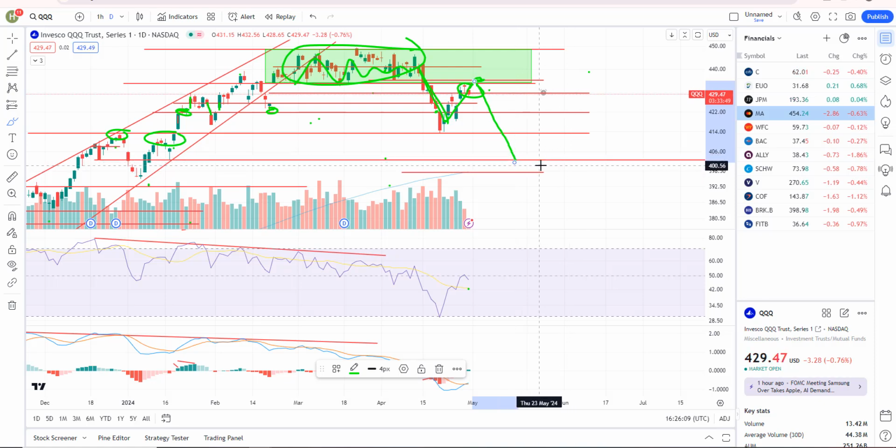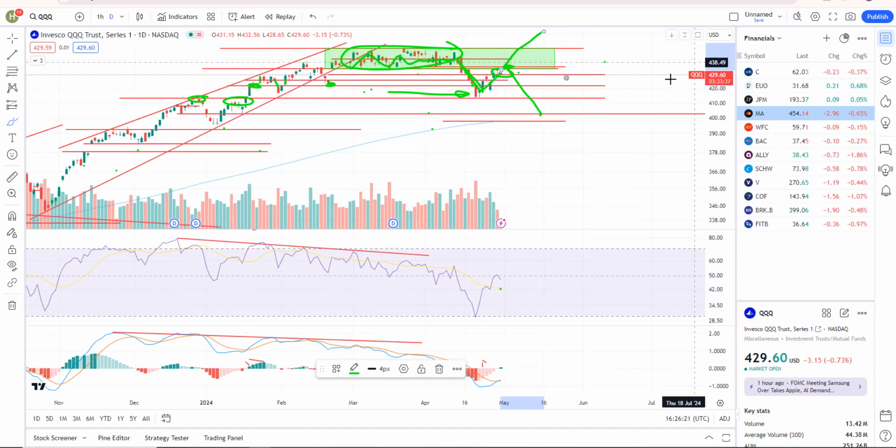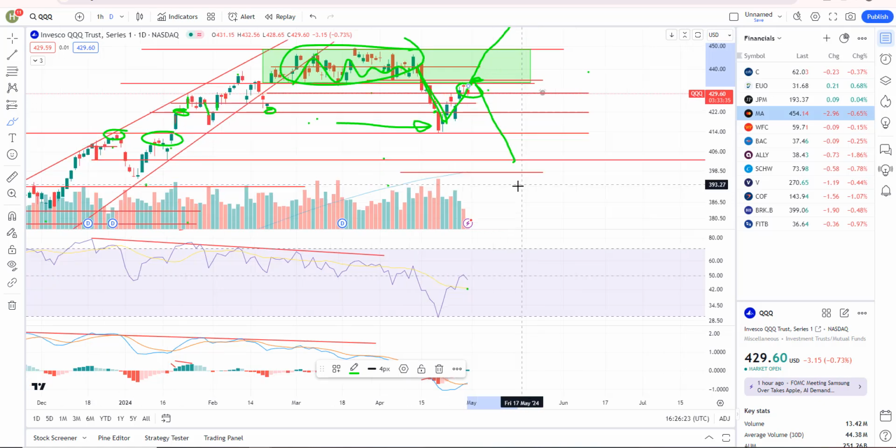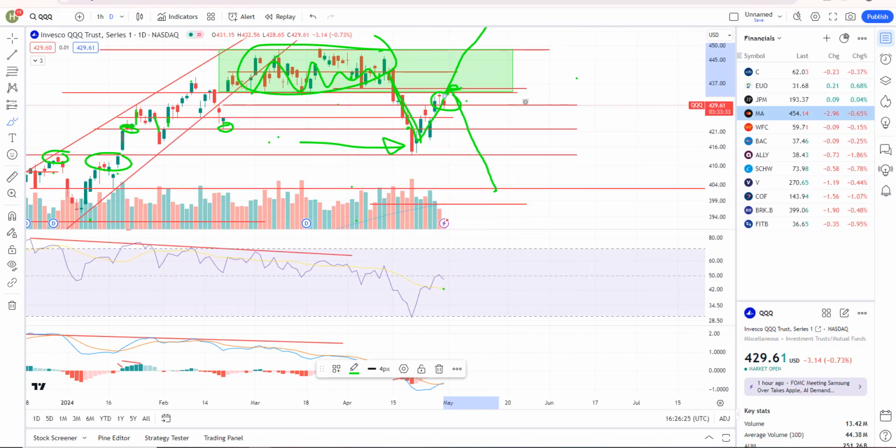But then I am anticipating that we do this. All right, we head lower for the next leg lower. The dip buyers aren't thinking that. The dip buyers are thinking that this was the low, and we're going to break back into the range, hit the top, and break out. They may be right, and I may be wrong. Only time will tell. We'll use the charts to be our guide. I've talked about where I think I'll be wrong and where to stop out.